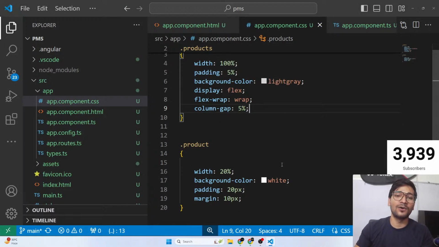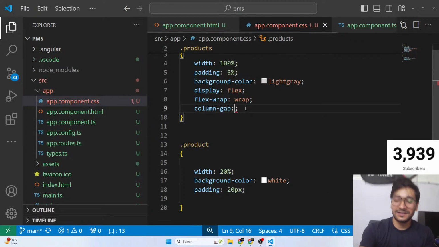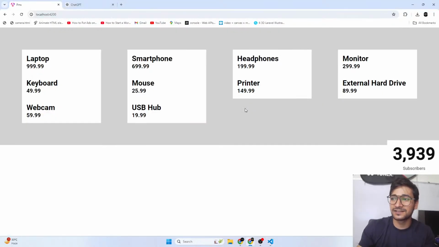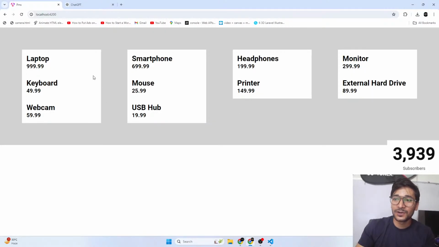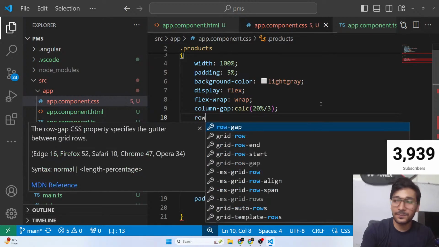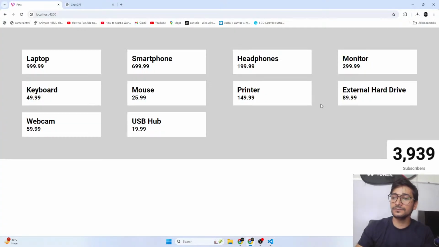Oh, I forgot, guys. Wow, no, no. I have given extra margin here. See, my bad. The calculation was correct. That margin was also getting added. That's why it was not working. I wanted 3 gaps. They should work. See, it's working now. I had given an extra margin so that 10 pixels was getting added. And now to give vertical gaps, let's simply use row gap of, let's say, 50 or maybe 30 pixels. And yep, see, all the products align. Now you just add some images and they will start looking good as well.